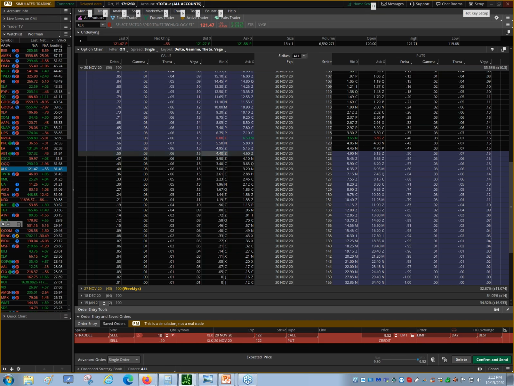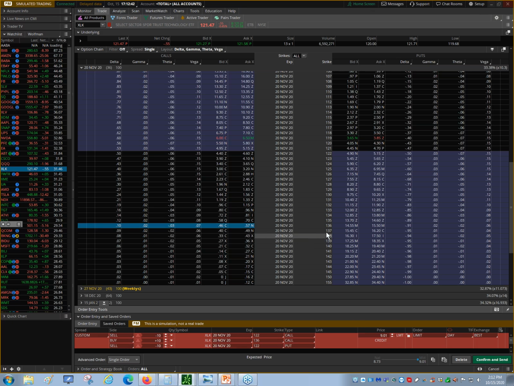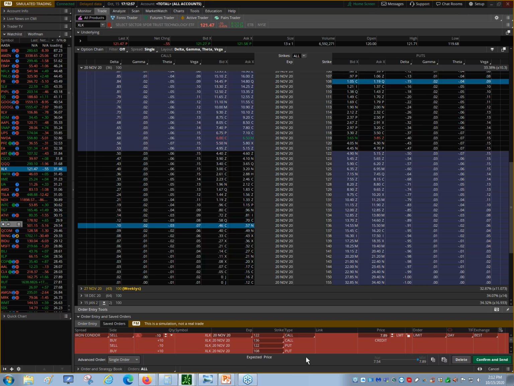Sell that. Hold that. The other thing, when I'm building this out, I build out all my strategies. I hold down the control button to click on these. So when I'm clicking on them, I'm hitting the control button. So going to the 36, which is that 10 delta, I've got basically 14 to the upside. So I want to look at 14 to the downside, right? Which is going to put me at the 108 to make it equal distance.